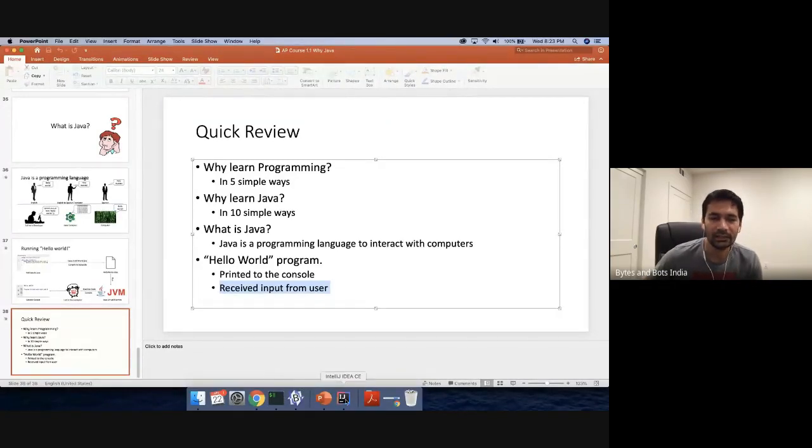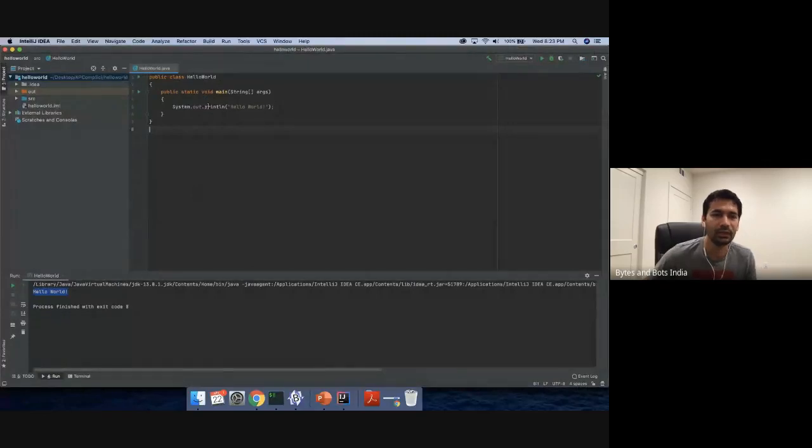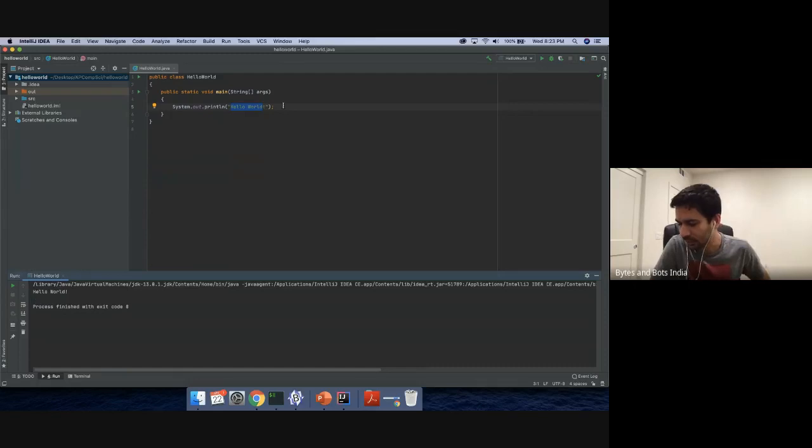So far we write hello world and print hello world, but we have not taken any input from the user yet. If the user wants to put in a name, your program should output hello, let's say Nate or Zane or Rish or Harris. So you can take input from the user as well. We'll cover that in the next session.